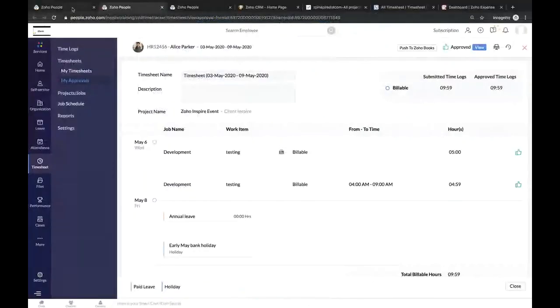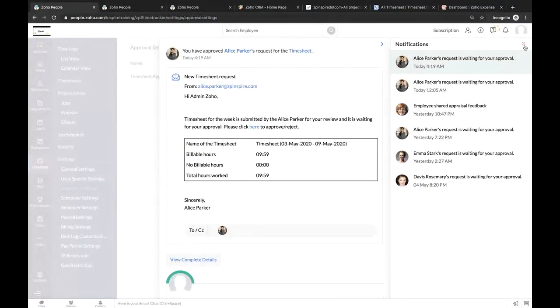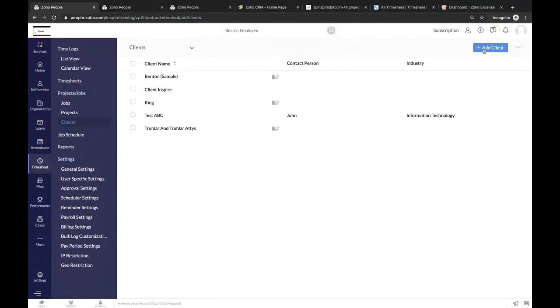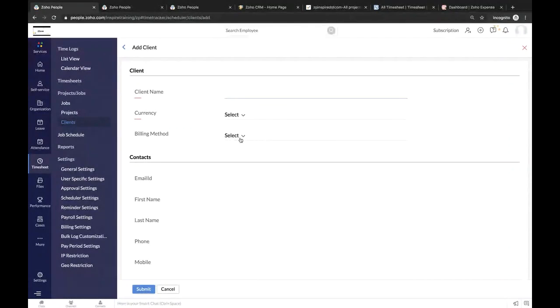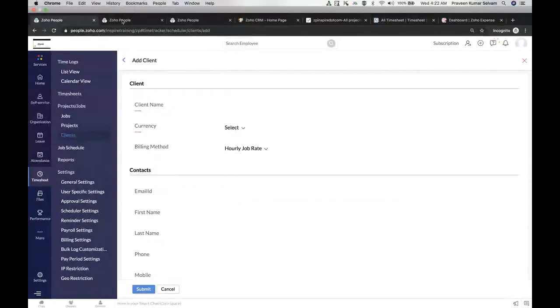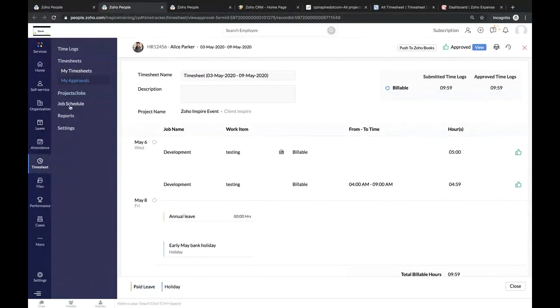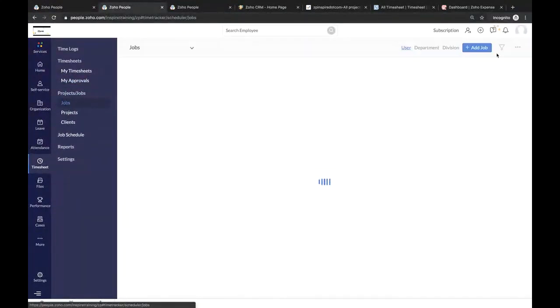So to explain the billing method, let me take you back to the client settings. Once I click on add client, here we have 4 billing methods: hourly job rate, hourly user rate, hourly user rate job, and hourly user rate project. So if I go with the first option, hourly job rate, it indicates job. So I'm going to the job form